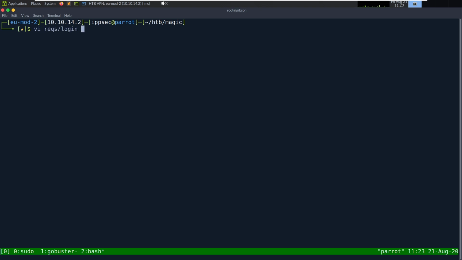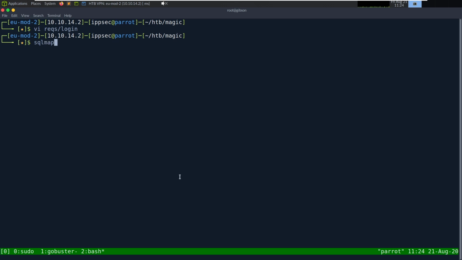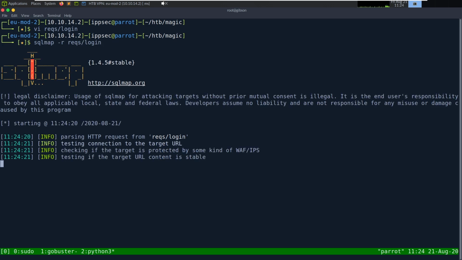So vi rex login. And whenever you do something through SQLMap, I think you either want to put 2 stars where you want to inject maybe, or just not put a basic injection. So I'm just going to put password is equal to please subscribe. We can show you what happens real quick. sqlmap -r rex login, and